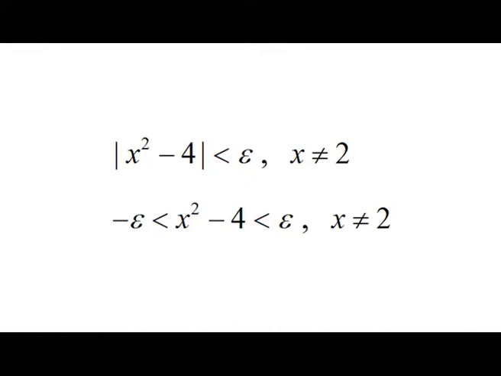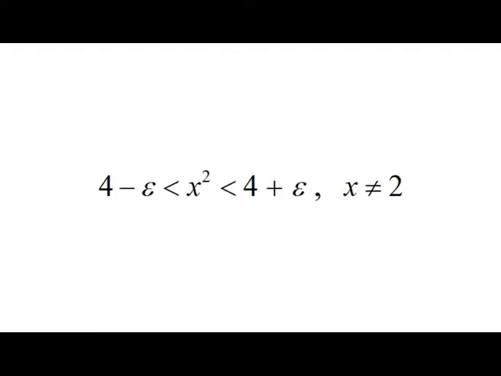Step 1, we solve the inequality absolute value of f of x minus 4 less than epsilon to find an open interval about c equal to 2 on which the inequality holds for all x not equal to 2. From the definition of f, for x not equal to 2, we have f of x equal to x square, and the inequality to solve is absolute value of x square minus 4 less than epsilon if x not equal to 2, which is equivalent to minus epsilon less than x square minus 4 less than epsilon if x not equal to 2, which is equivalent to 4 minus epsilon less than x square less than 4 plus epsilon if x not equal to 2,